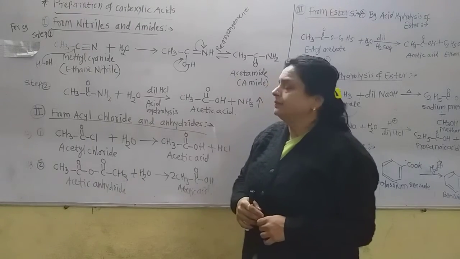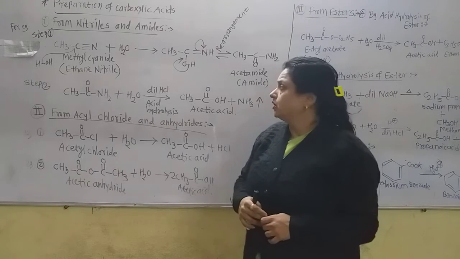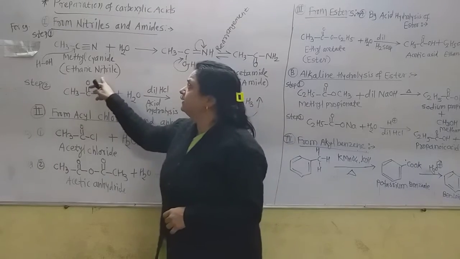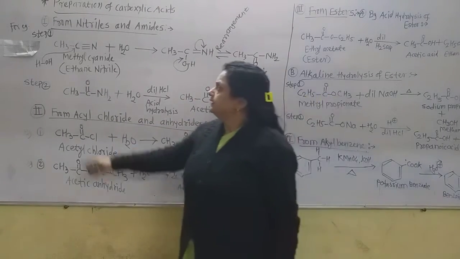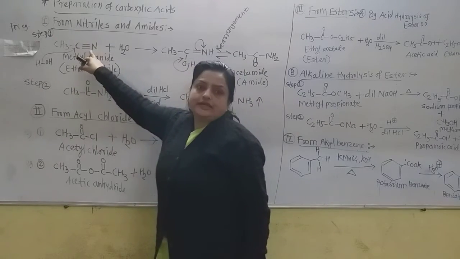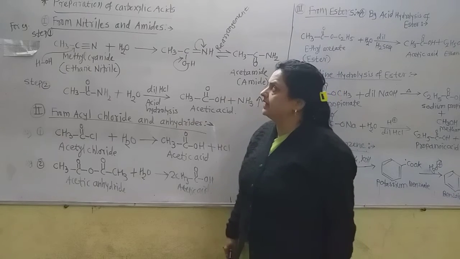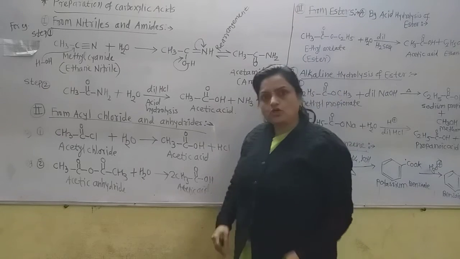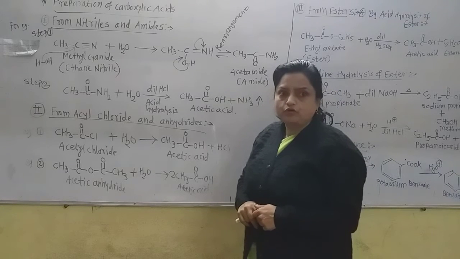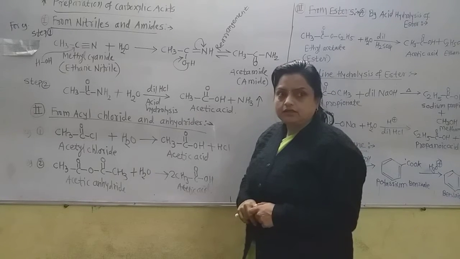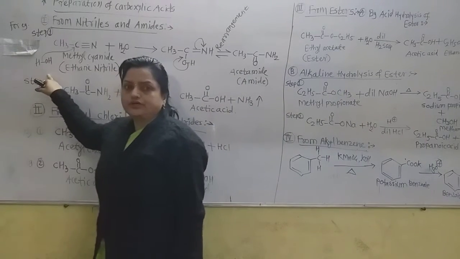Now take here methyl cyanide. Methyl cyanide is also called ethane nitrile. Now in ethane nitrile the carbon and nitrogen have the triple bond. Now in this methyl nitrile, first do the hydrolysis by adding the water molecule. How is the water molecule added? Let us see. Now here this water I write as HOH.